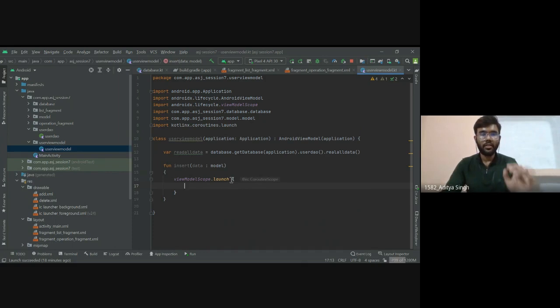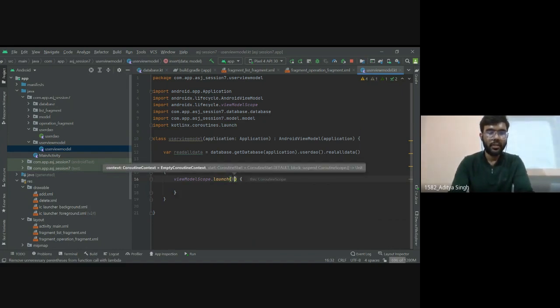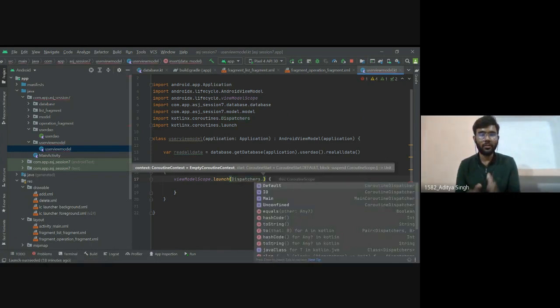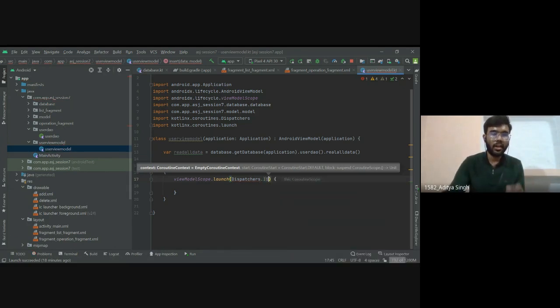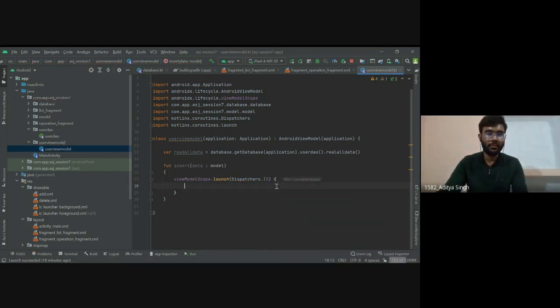And actually, you need to mention on what thread you want to launch your coroutine. If you leave it as it is, it will not run. It will show you an error. So inside we will write Dispatchers.IO because we want to run this operation in our input output thread. So we will mention IO here. IO refers to input output. All right,